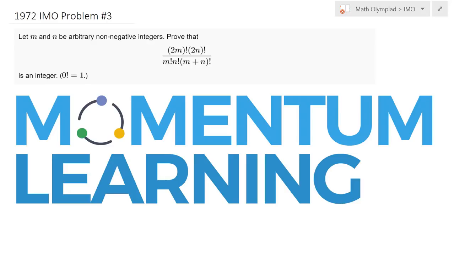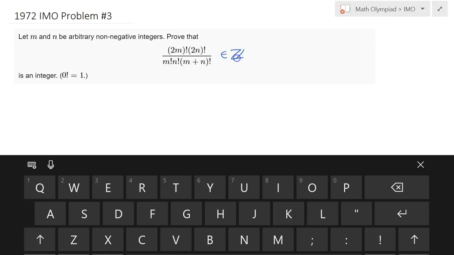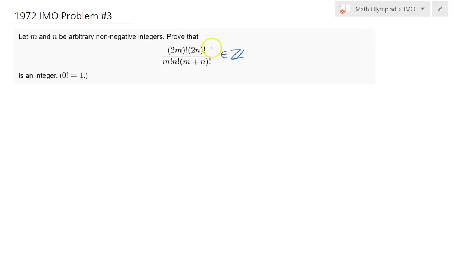This is 1972 IMO problem number 3. Here is a view of this problem. We would like to show that this given fraction is indeed an integer, and the best strategy to show that would arguably be to take an arbitrary prime,